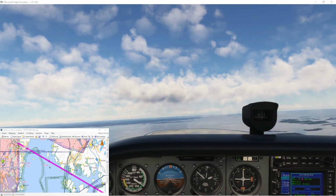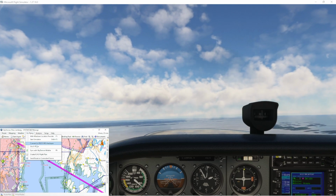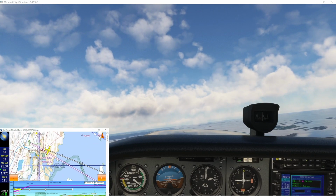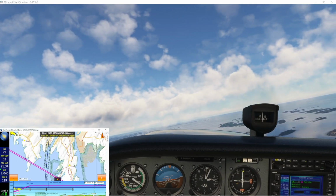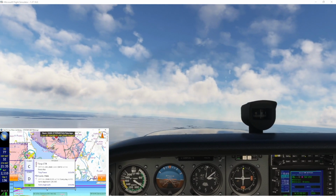Before we call them, I would like to set up SkyDemon, where we can also track the flight like in real life. So we are doing it like we would do in real life. Here we are, we just took off. The frequency, as you see here in Polaris, is 118.875. This is what we're going to contact, and have the first radio contact. So,